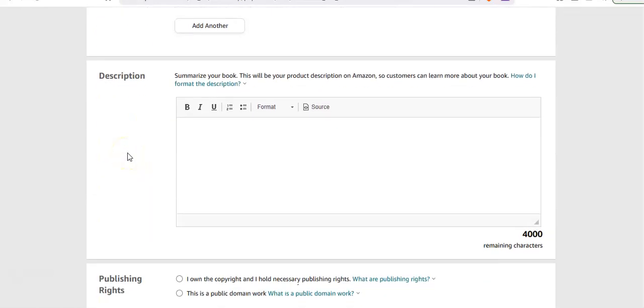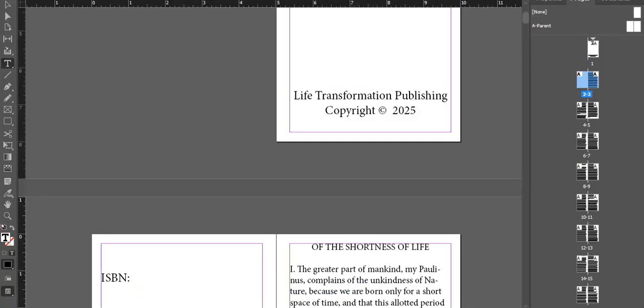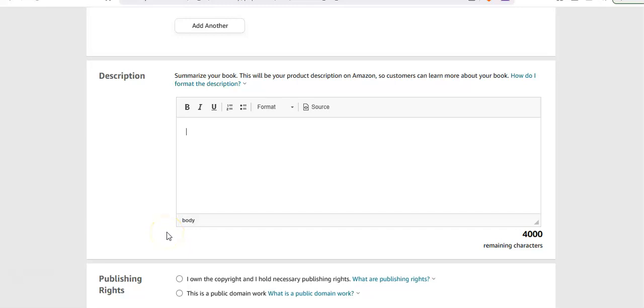Pretty sure anyway. Okay. Then we come down here and we can provide a summary. I always like to put in 70 pages. Page count. I let them be aware it's large print, because we had 18 font, and 16 and above is large print.